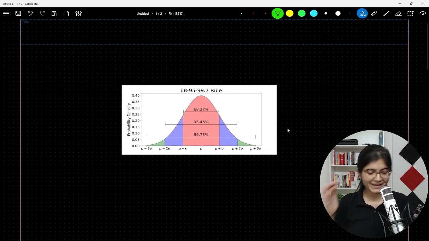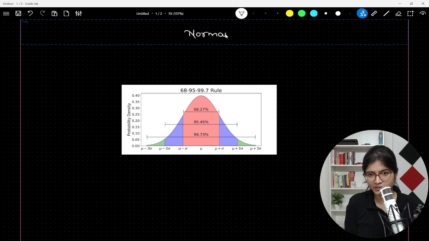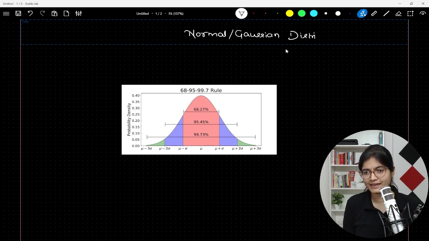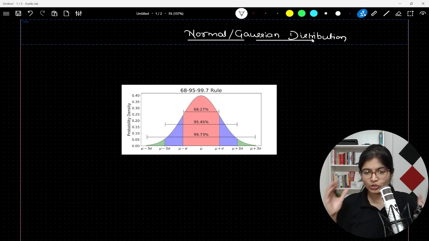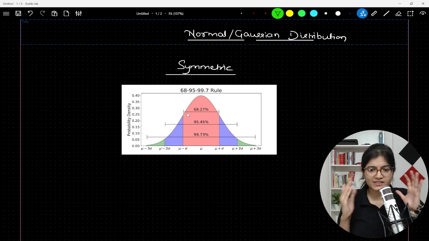So I hope you can see on my screen this simple plot. It's called the normal distribution, or it's very famous by the name of Gaussian distribution as well. If you observe this distribution very keenly, you will see that first of all, this is symmetric. So this is also called a symmetric distribution, where what you have observed experimentally, and it has already been proven,